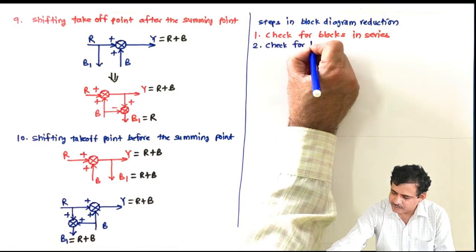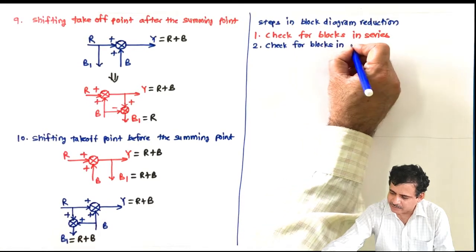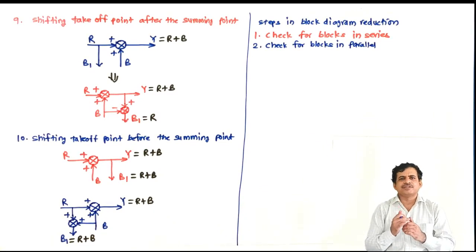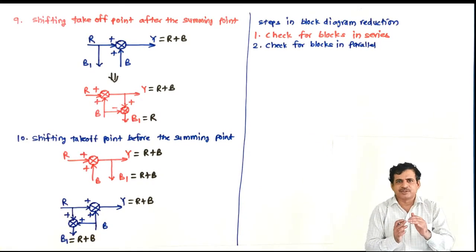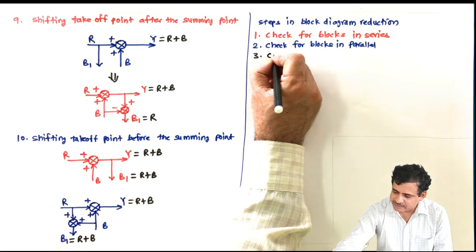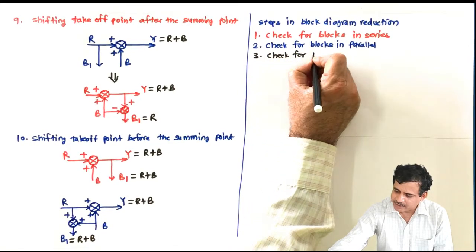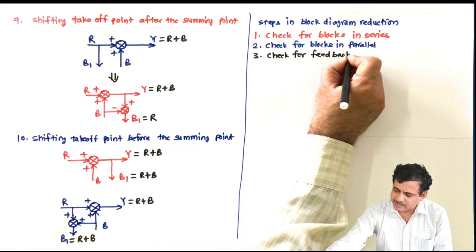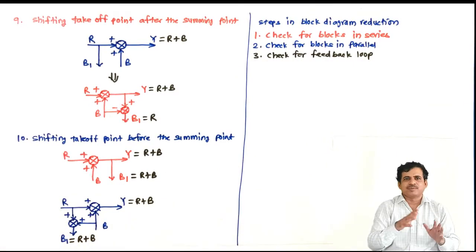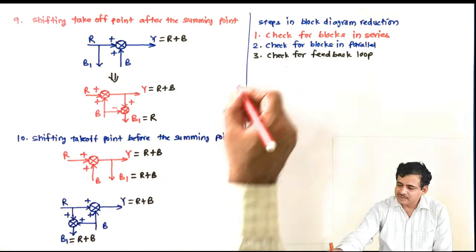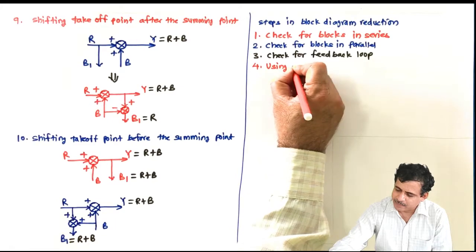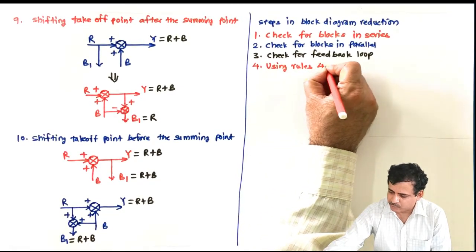If it is not, then check for blocks in parallel. If there are blocks in parallel, add them, G1 plus G2, replace the block. So the summing point will be reduced, G1 plus G2 a single block. Then next, if this is also not there, then check for feedback loop and resolve it if it is there. Feedback. If it is there, resolve it using, say, G upon 1 plus GH. Then if all three are not there, then using rules 4 to 8,